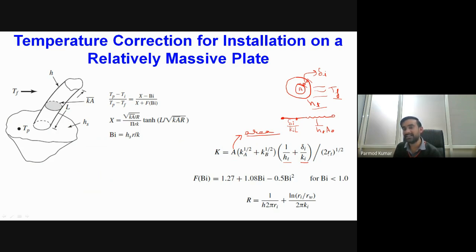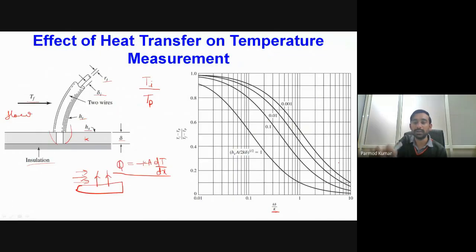And here RT is nothing but the equivalent radius of the thermocouple. So the equivalent radius, once again, includes the radius of the individual wires of the thermocouple. So this is the value of K, which I have included over here in the denominator, K into delta. And then we are having one more parameter, because we are getting different lines over here on this plot. These different lines correspond to one additional parameter, which is nothing but Hs times A.